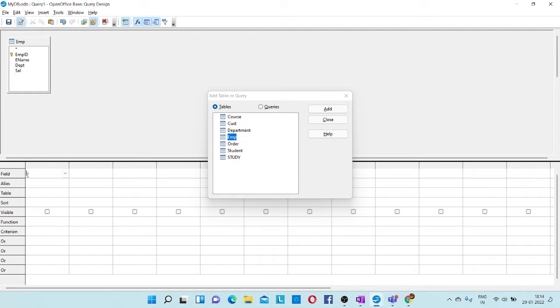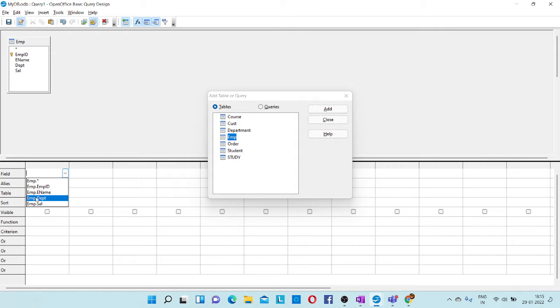Here you can mention all the fields that you want. In field, you simply click this drop down. Okay, simply you click this one. One minute, it is not coming. It takes some time. Okay, now it is there. So what different fields are there in this table? All the fields are listed here. So what field do you want to